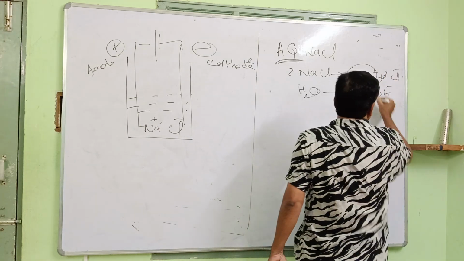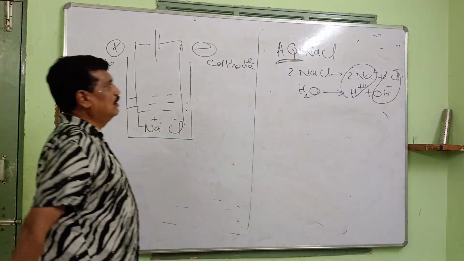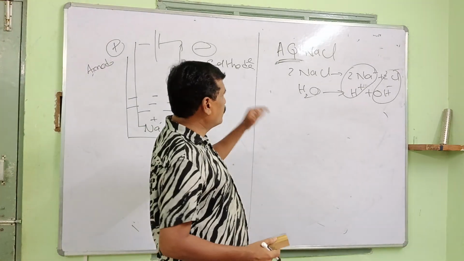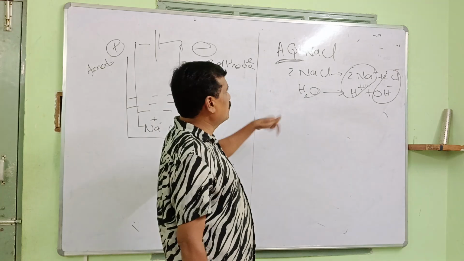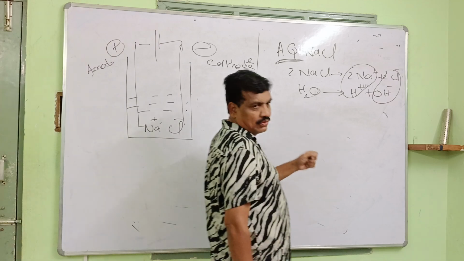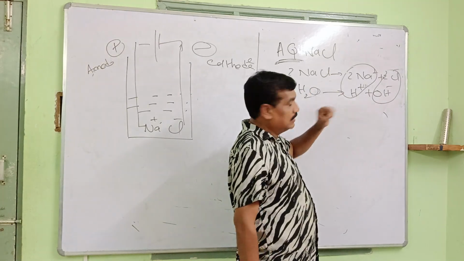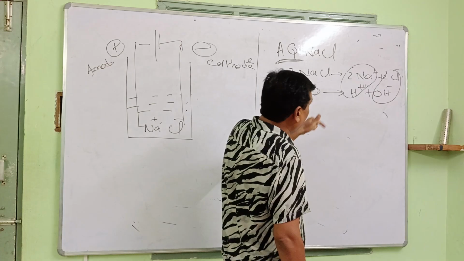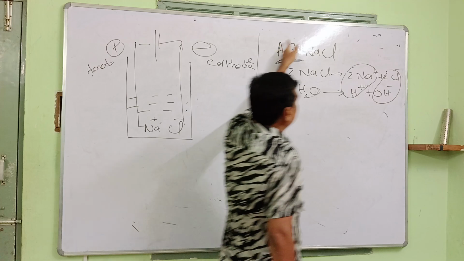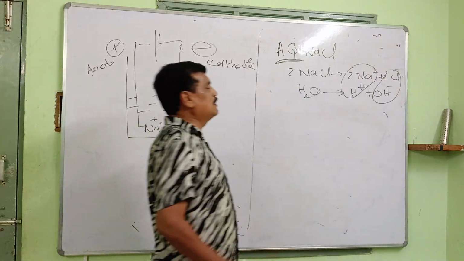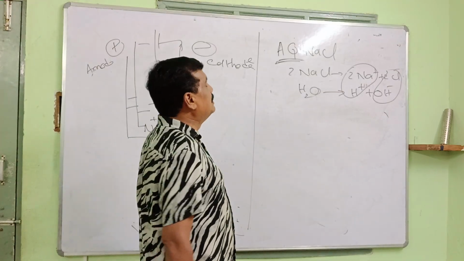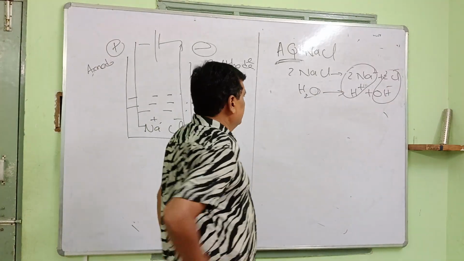There are two anions. So in the mains examination or NEET examination, which product is evolved in the electrolysis of aqueous NaCl? We have one doubt: Na+ and H+, two ions are there. Which ion will be deposited at the cathode? This type of aqueous salts, not only NaCl, any type of aqueous salt, depends upon the